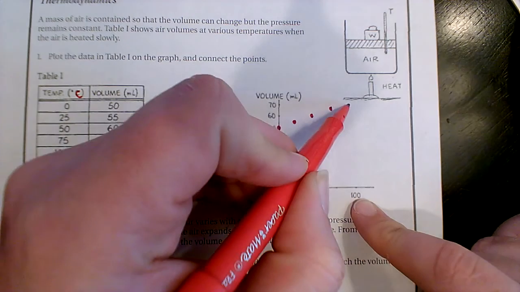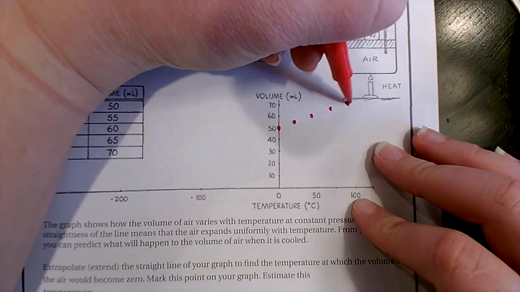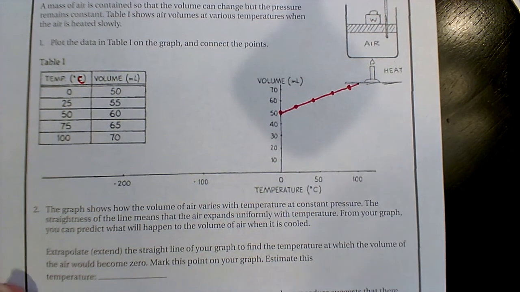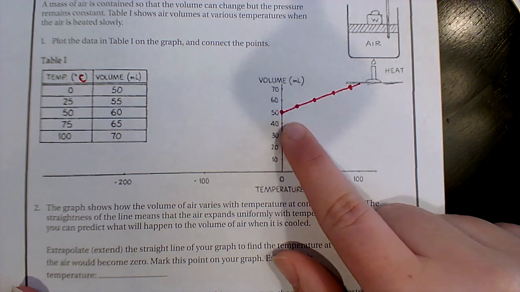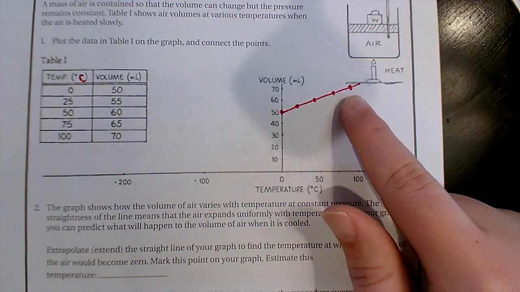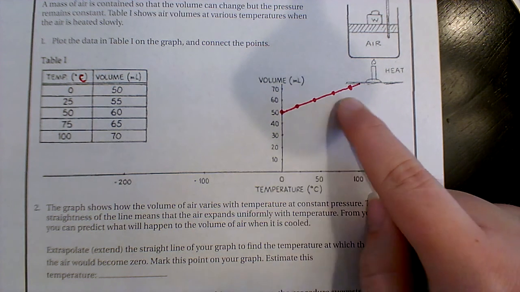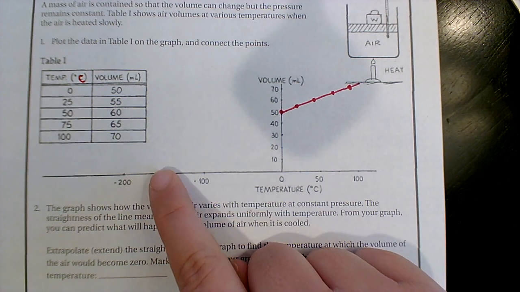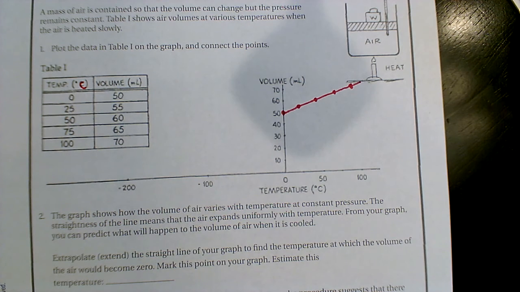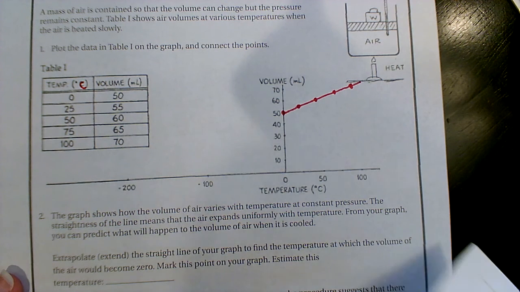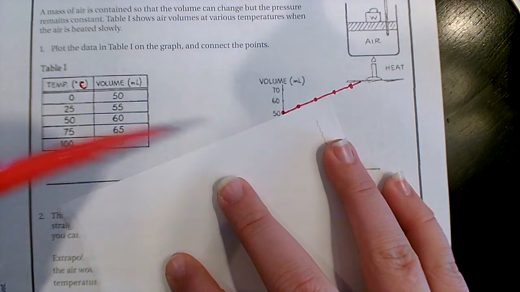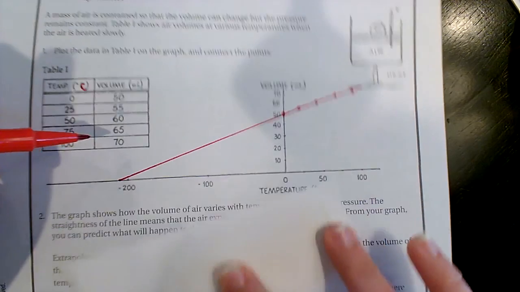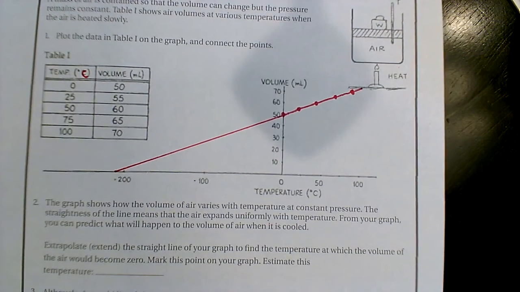And at 100, it's up to 70. Alright, so I'm going to try to connect these. Looks like they're in a nice straight line. Okay, so we see this relationship. It's a nice straight line path. There's no reason for us to believe that if we went into the negative temperatures, that straight line would continue, right? So, if I grab a piece of paper to use as a straight edge, let's see what we can do here. Okay, so it would go about like that. I didn't do great, but I did okay.